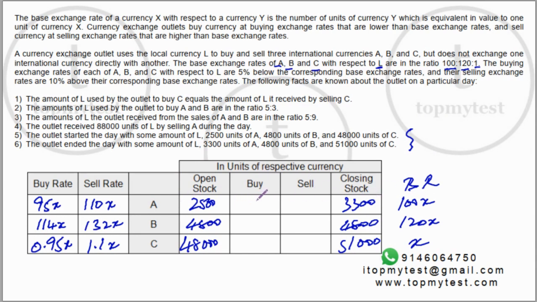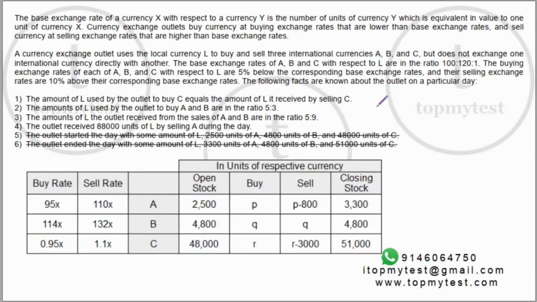So let's look at some variables here. If I put this as P, right, bought something, the stock has increased, which means the selling will be lesser. Difference is 800, so this will be P minus 800. This is Q. Opening stock and closing stock is the same, so whatever it bought, it sold also the same amount. And if this is R, closing stock is increased by 3000, which means sold 3000 lesser. So these are the values which we can use. Okay, so we've used the 5th and 6th statements. Now the rest we can try to figure out.